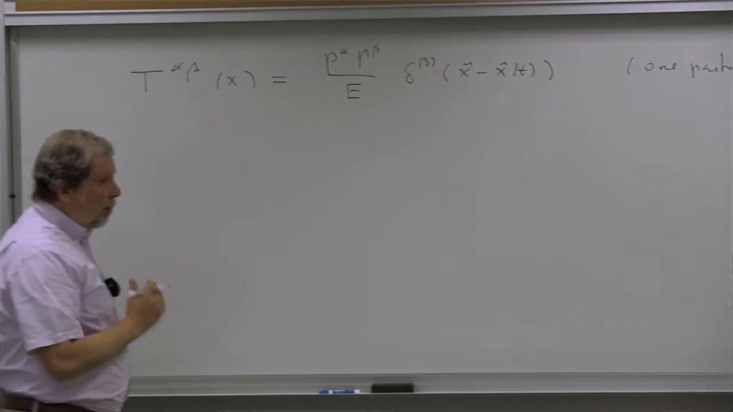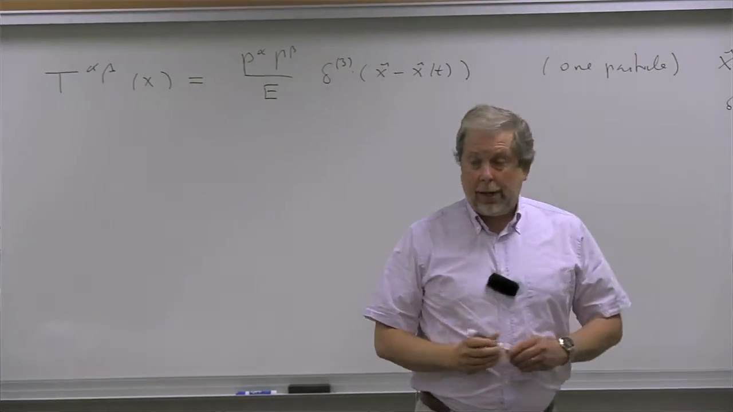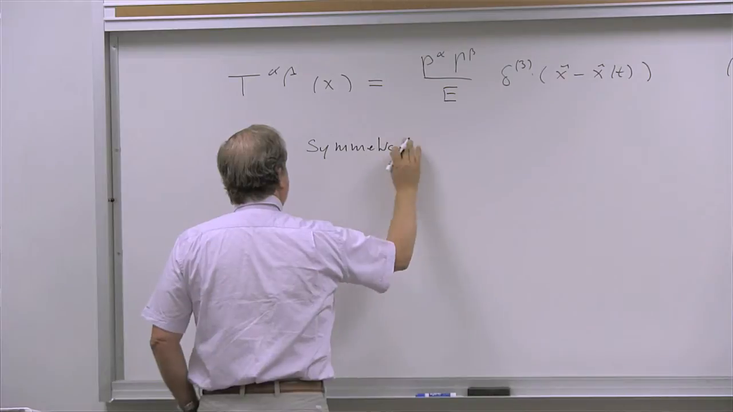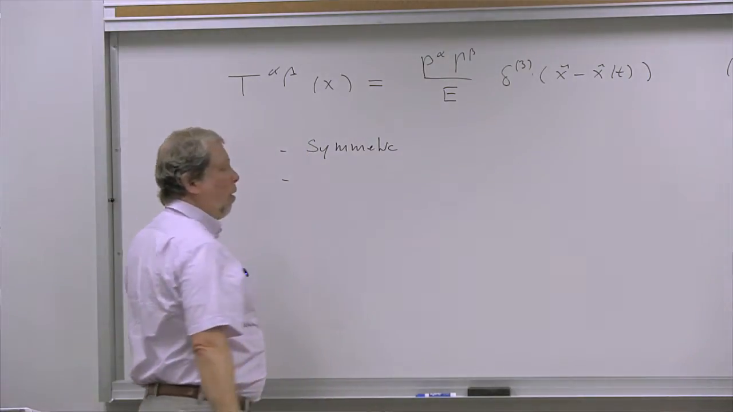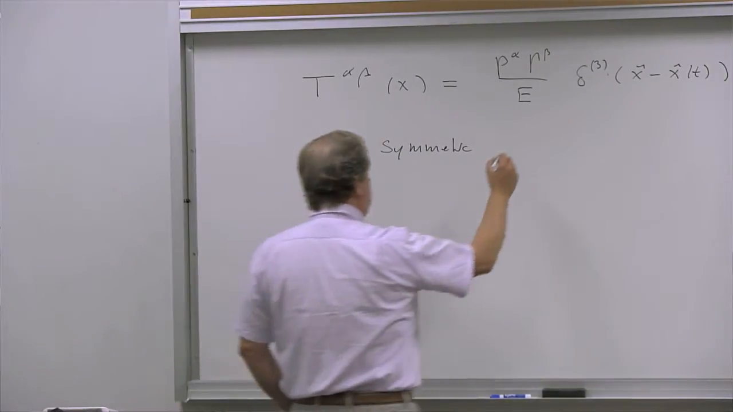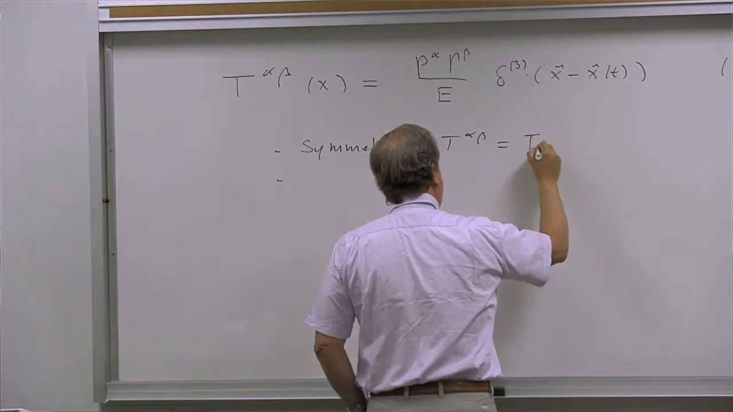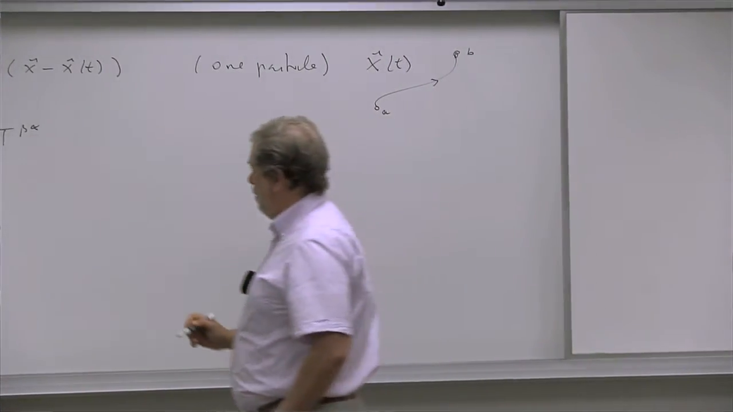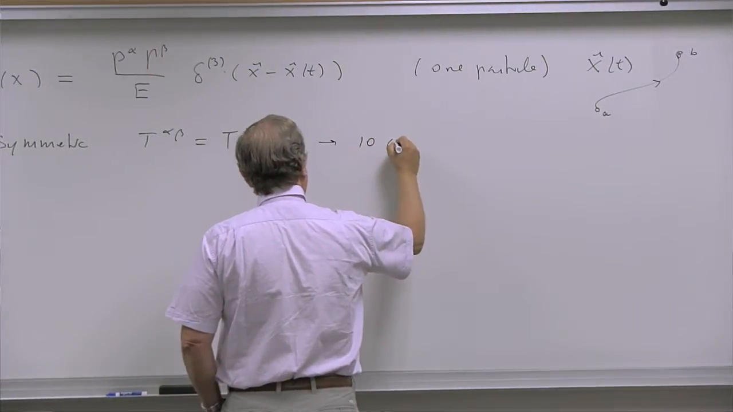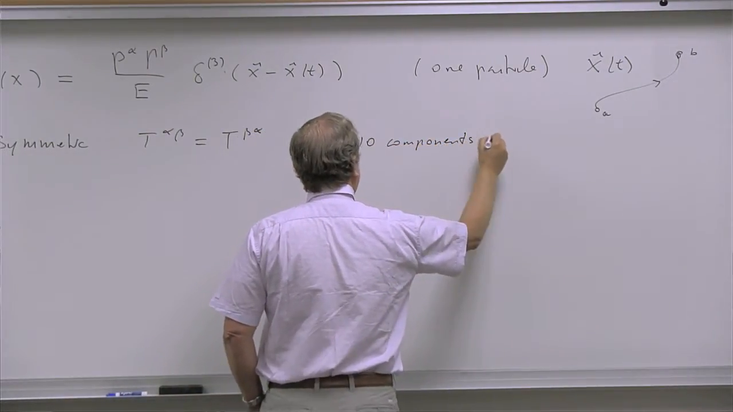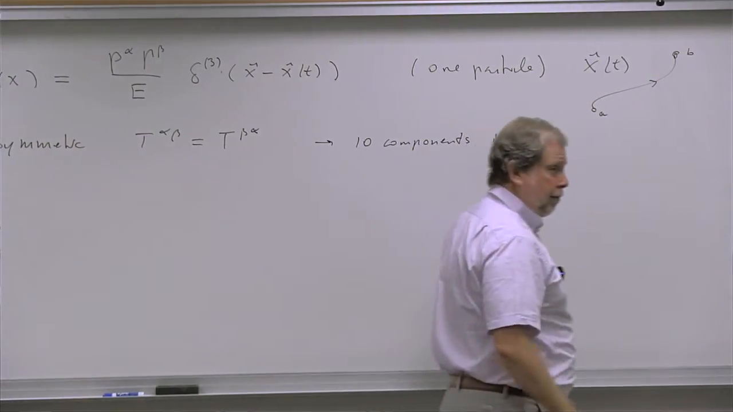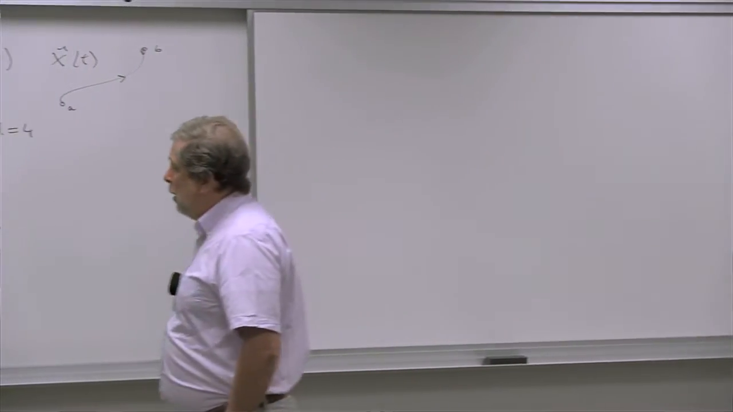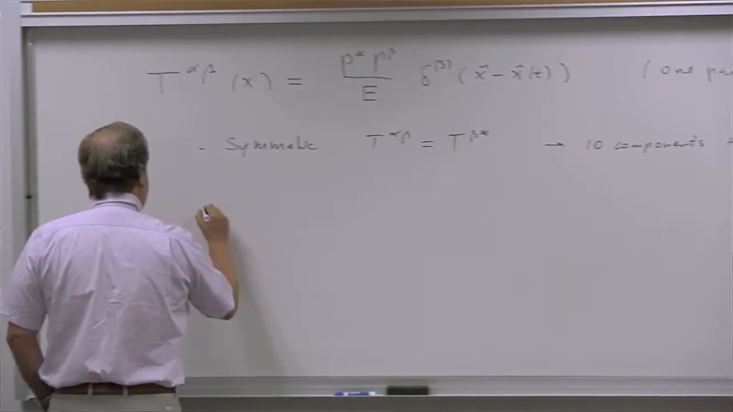And so on the basis of this simple expression, we were able to find out that it is symmetric. Right? It is a symmetric object. And so that means that T alpha beta is equal to T beta alpha. And so that means that it has 10 components in 4 dimensions, right? So when a tensor is symmetric, it doesn't have 4 by 4, which is 16, but just 10 components. And in addition, it is conserved, so it means